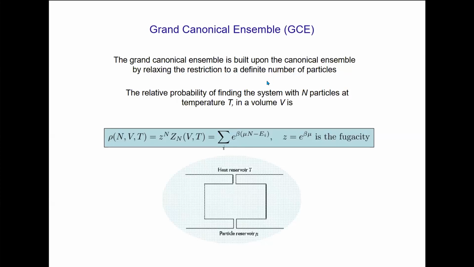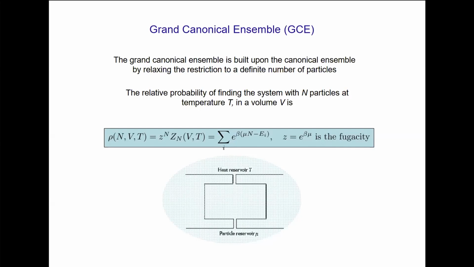Let me remind you that in the canonical ensemble, the main object is the partition function, which basically describes a probability distribution for a system. Depending on the energy of the system, we have different probabilities, and the canonical partition function is basically the sum of all possible probabilities. Now